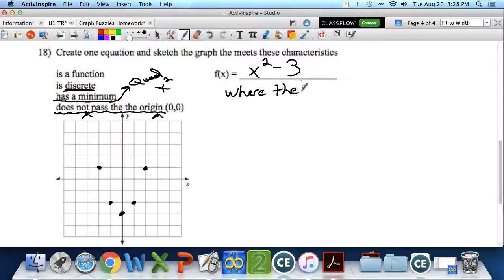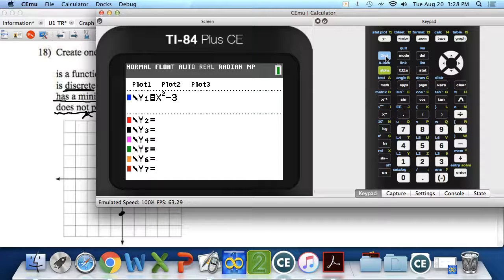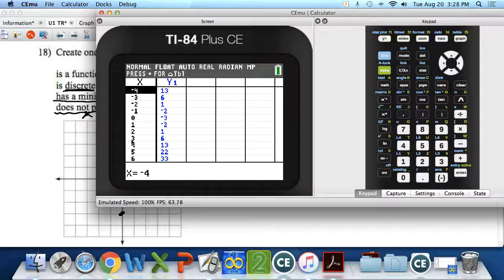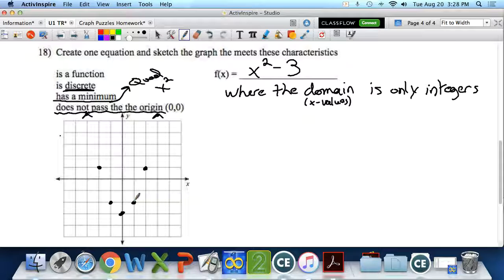where the domain, which is also known as x values, is only integers. That's what means it can only count like our table can count. It only counts 0, 1, 2, 3, 4. It doesn't count everything between 0 and 1. It doesn't count half or a third or 2/5 or 4/5 or 6/7. It doesn't count all those little itty bitty points in between. It doesn't count all those crazy infinite decimals in there. It literally skips and hops. Skips from 0, which was down here, straight to 1, straight to 2, and straight to 3. That's what makes it discrete. And this sentence, whichever way you kind of like to shorthand it or write it, denotes